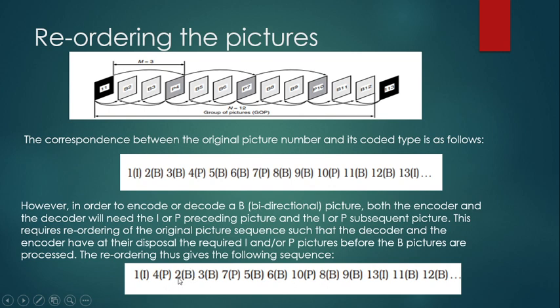That is, for coding of a B picture, both the encoder and decoder should have a sufficient number of preceding or subsequent I or P pictures. So in this order, we can do only such a reordering: the I frame has to come first, then before the B frame it is good to have a P frame also. So likewise, we have reordered the picture frames. This is the reason that in the general block diagram of the MPEG encoder and decoder, you can observe a statement as reordering of the pictures. It is necessary to reorder the picture.